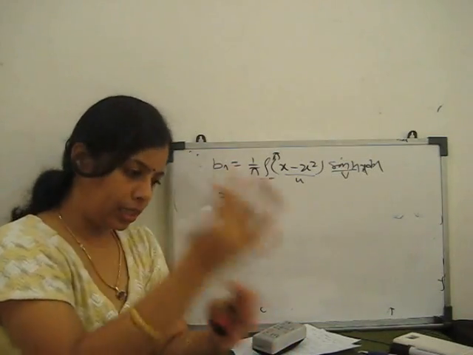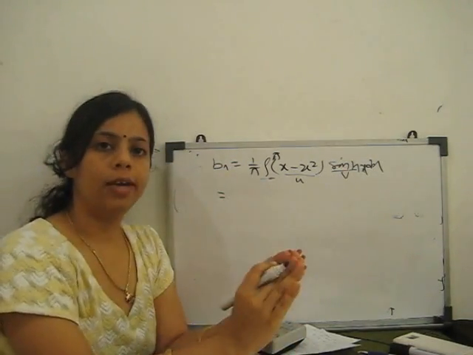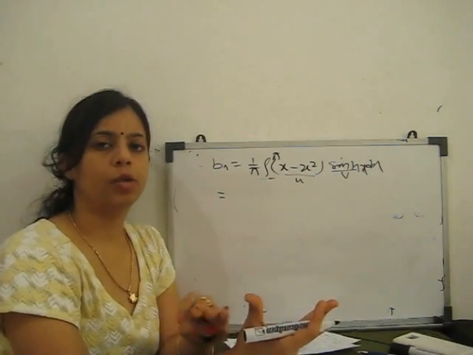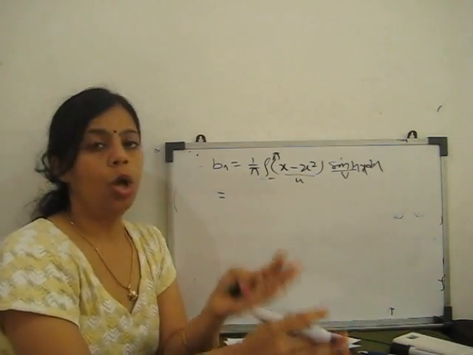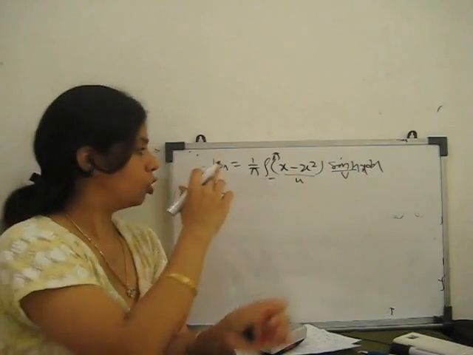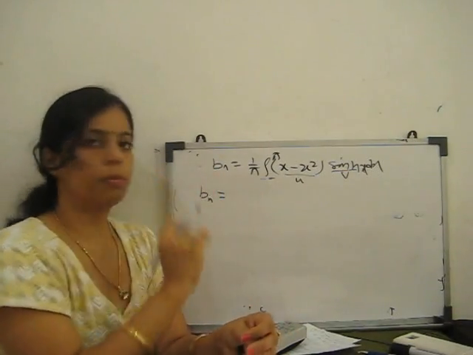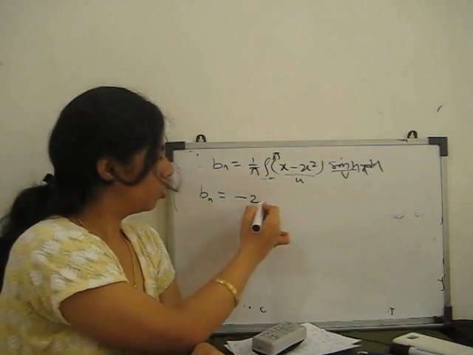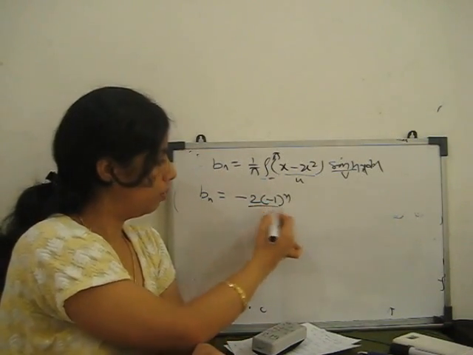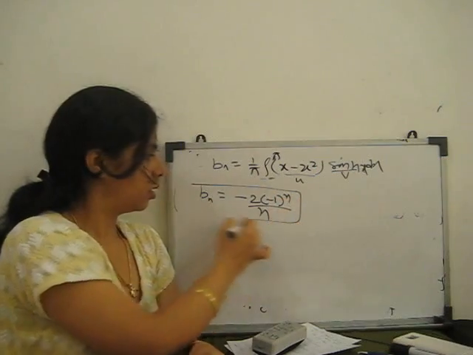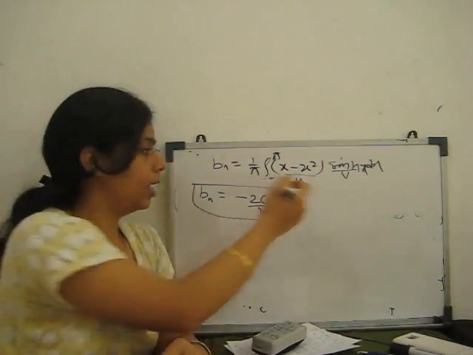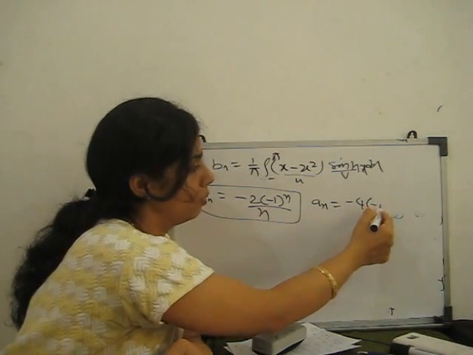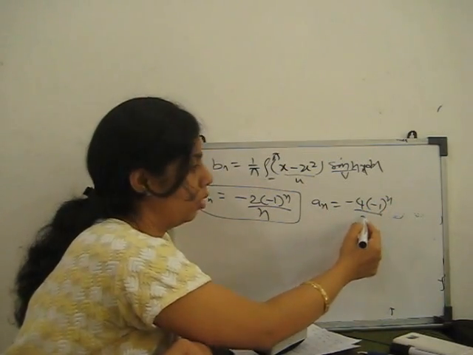So when you integrate, the sine terms are always going to be 0, because sin pi, sin 2n pi, sin n pi goes to 0. The cos term gives the solution. So when you integrate, I just skip that part. bn gives minus 2 times minus 1 to the power n by n. This is our bn. An we already found is minus 4 times minus 1 to the power n upon n square,